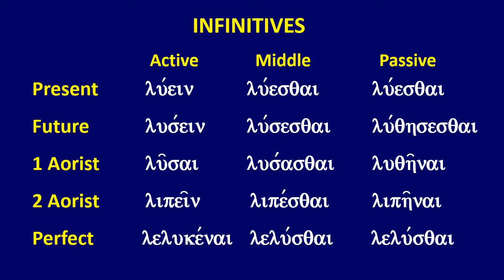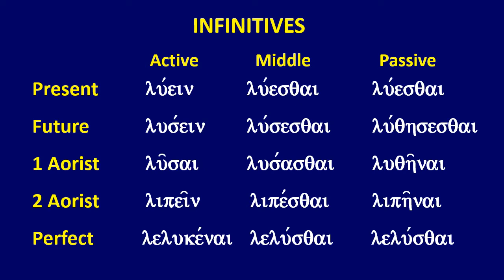Now that we've had our introduction to infinitives, let's move on to the subject of morphology, and we're looking at a paradigm of the different forms of infinitives as they occur in the New Testament. Infinitives occur about 2,300 times in the New Testament, and you see future listed there. You might get the impression from this list of form options in this paradigm that there are just as many future infinitives as there are present or aorist